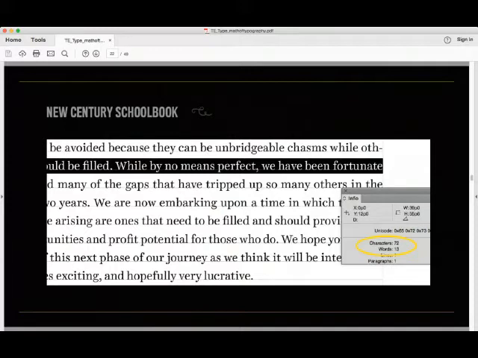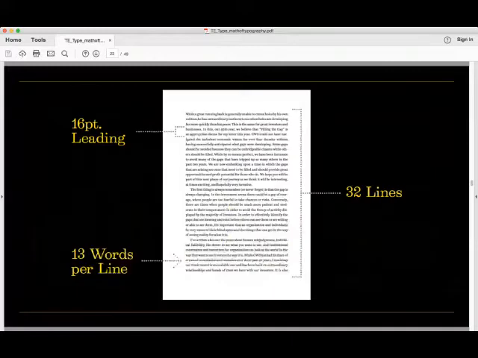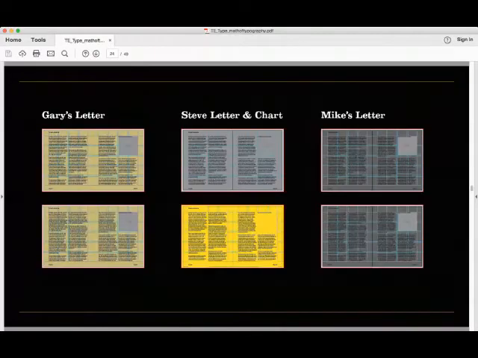Now we just need the number of lines. Once we have the number of lines times the number of words, we've got words per page at a roughly 6 by 9 size. So now we can start estimating pages. And that's where we get to this chart.